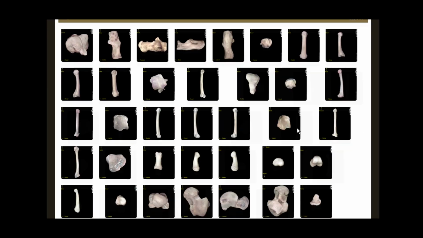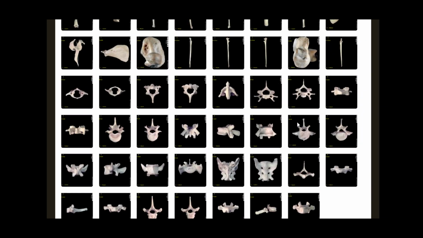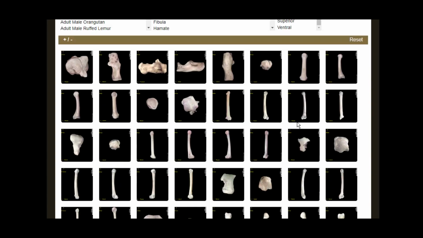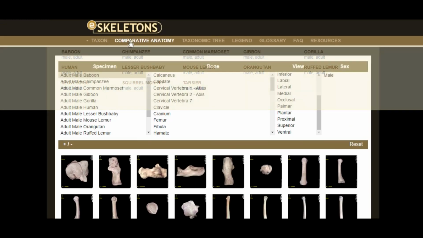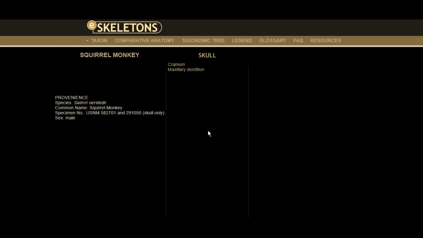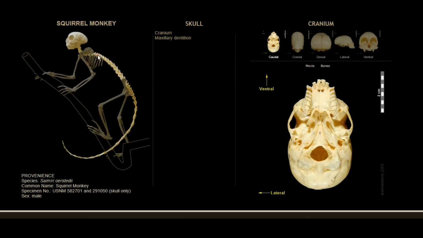eSkeletons is a University of Texas initiative. Think of it as an online anatomy museum. In fact, one of the links on the site will take you to a separate site on Lucy, the world's most famous fossil. On this website, you can see almost all reptiles, fossils, humans and non-humans, every structure, every bone. Once you visit the website, you can explore things you have never seen before.